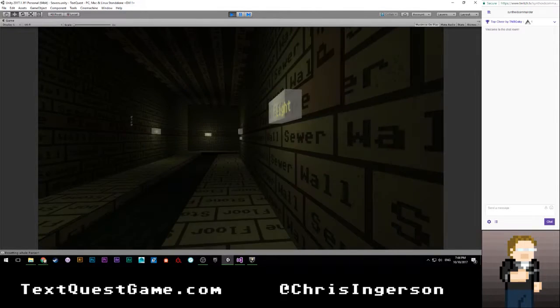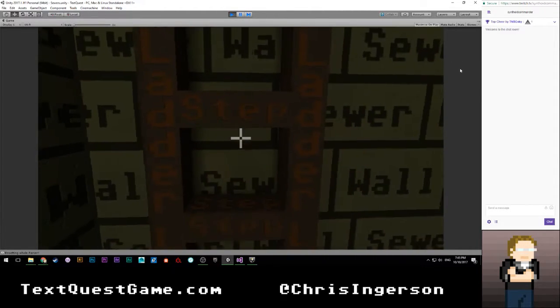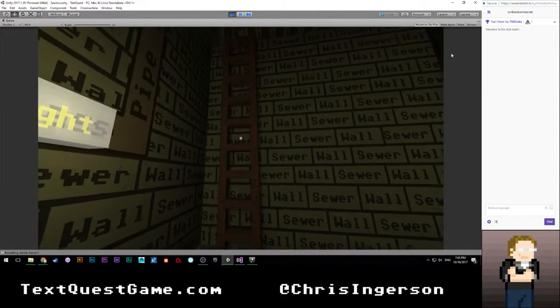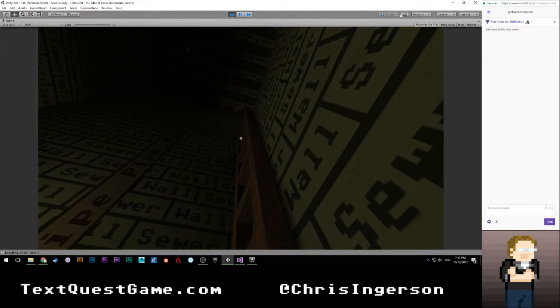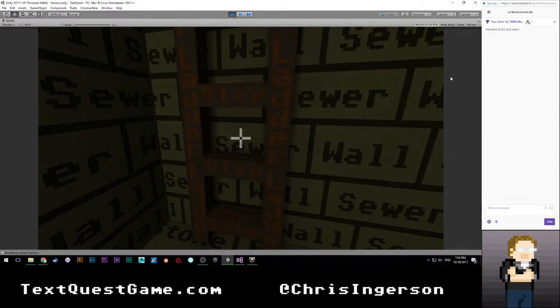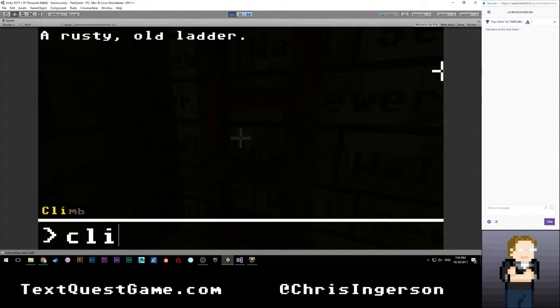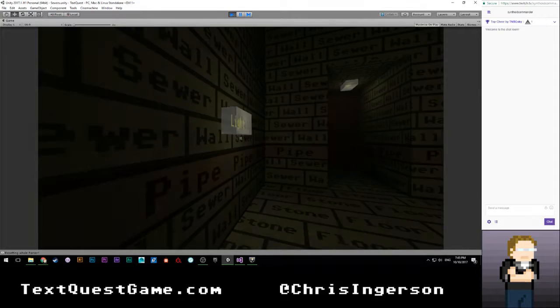What would I do here when I say climb down? I would have to have some way of basically moving the player into position and then rotating them and then showing them climbing down. And I'm not a huge fan of that. I do understand that it would be a nice little touch. But I personally think that it's better just for me to fade to black, and get some sound effects going,